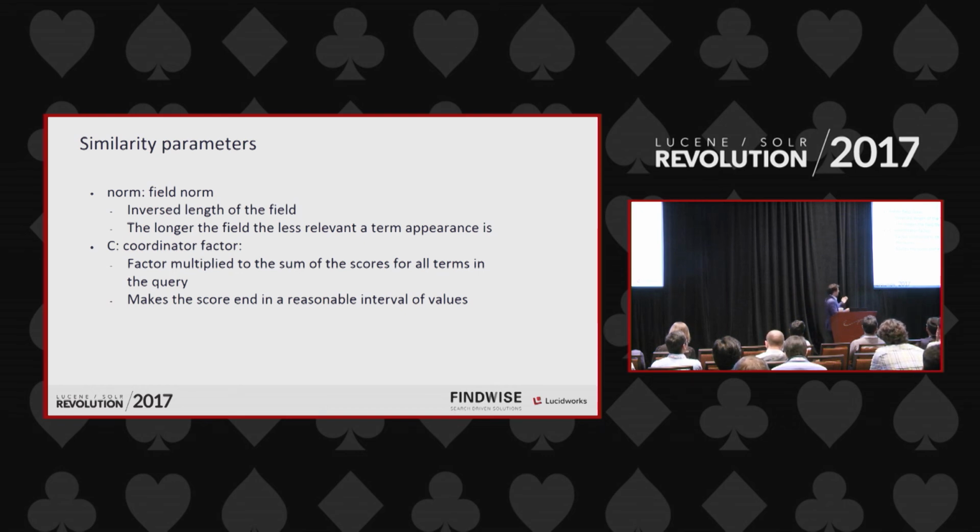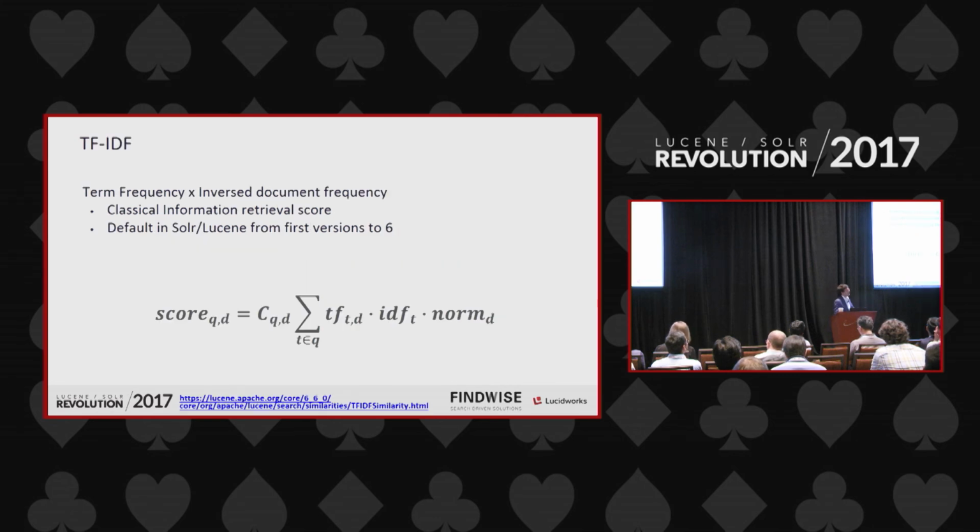So in a more specific way, and we go to the math part of things, when we have the classical information retrieval similarity score, we have TF-IDF, that just uses all the different parameters that I mentioned. Actually, the norm you can take out because it doesn't really depend on the term. It just depends on the field that we are looking into. And this was the default score that we had in versions previous to 6. But it's a really good, simple example to see all the different parameters that we have available and how we use them to calculate a reasonably good similarity score for how relevant a query is for a field.